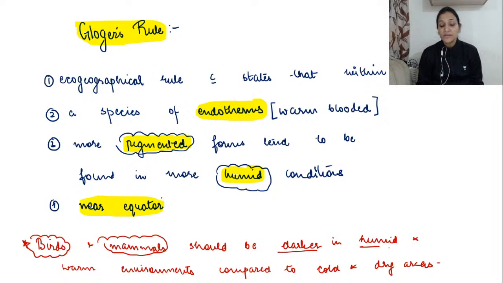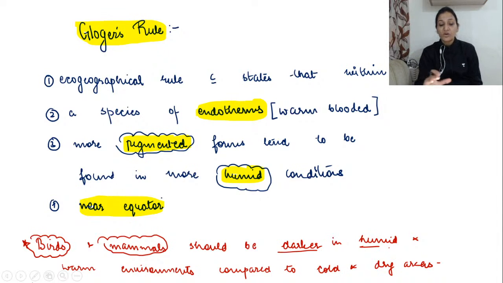So Gloger's rule describes how the variation in animal coloration relates to its broad scale climatic gradient. It was given by W.L. Gloger in the year 1833, and he was the first person to describe the relatedness between the pigmentation of the skin to the temperature where the animal is existing. In its modern version, Gloger's rule states that birds and mammals should be darker in humid and warm conditions as compared to the animals which exist in colder and drier regions.